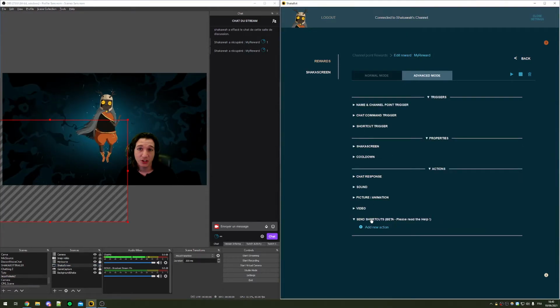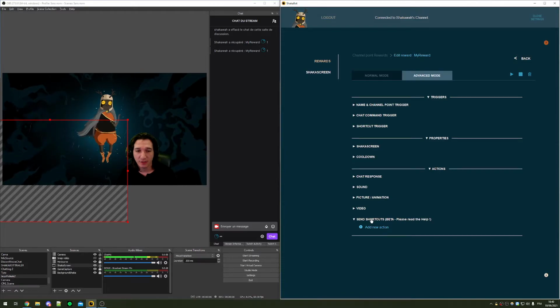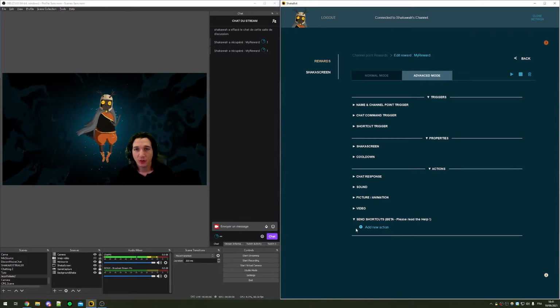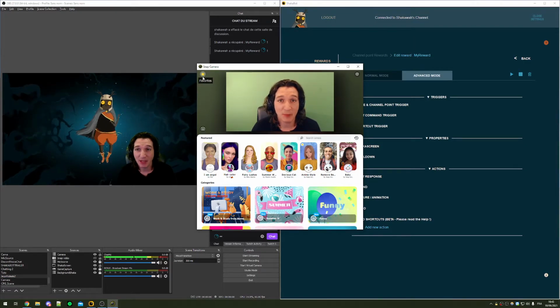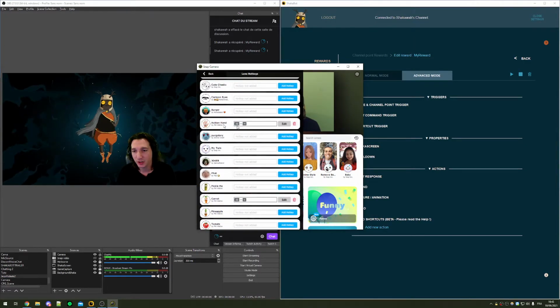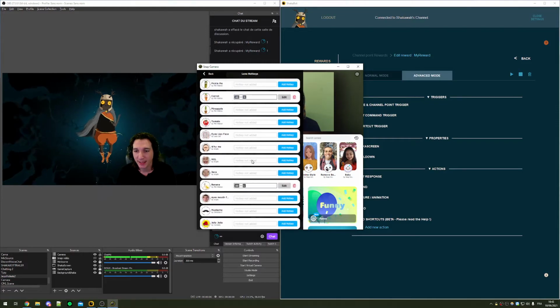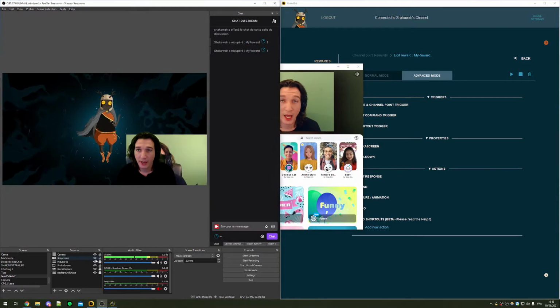It's a new feature which is still in beta, so I recommend especially for these actions to test it before using it live. I've tried to make it as customizable as possible, so I'll show you an example that shows the potential of this feature. For this example, I'm using Snap Camera, and I've already added 3 shortcuts to 3 filters, Alt-M, Alt-N, and Alt-L. Now I add the capture in OBS,